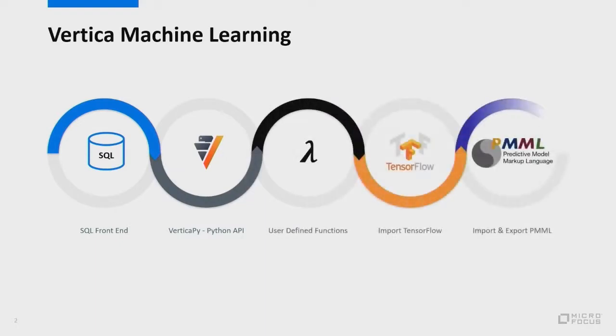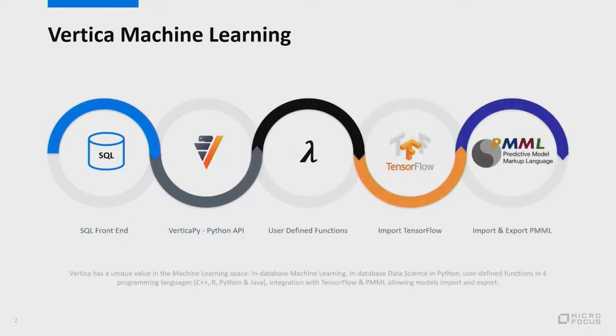So as many of you might already know, there are multiple ways of doing machine learning in Vertica. It's a pretty vast library with hundreds of functions, starting from very basic means, averages, and standard deviations to more complex algorithms, including the one that we'll be talking more about today. In terms of approaching the machine learning library, there are multiple ways of doing that. You have the normal SQL API, the SQL front end, with which you can write SQL queries. So just like you'd write queries for joins and other database operations,